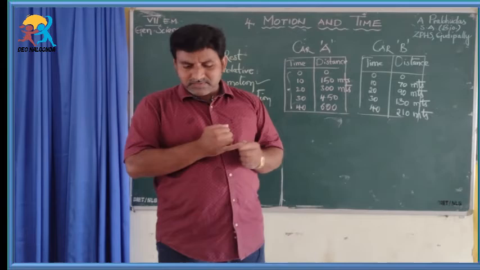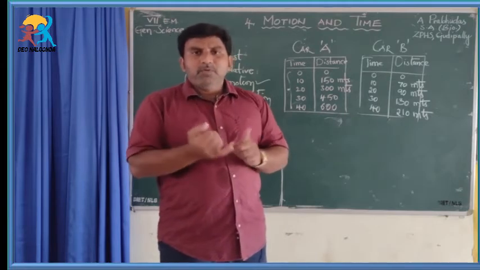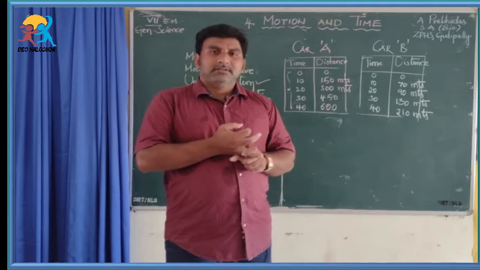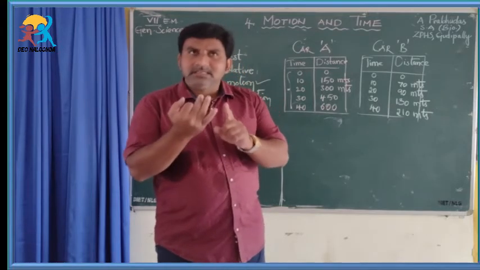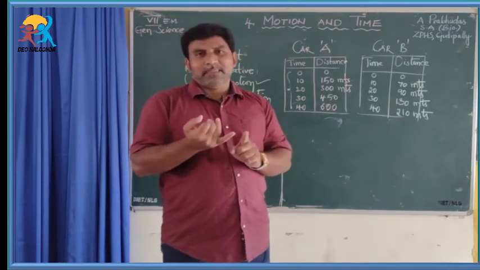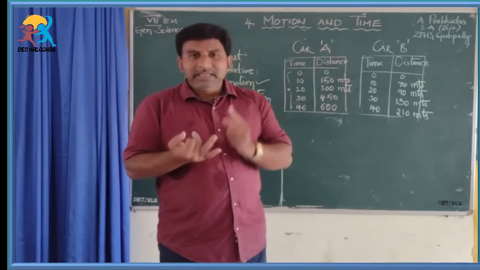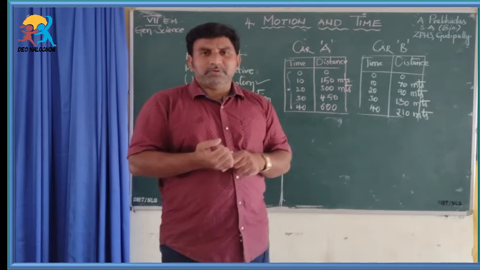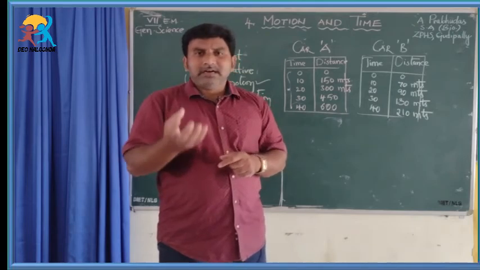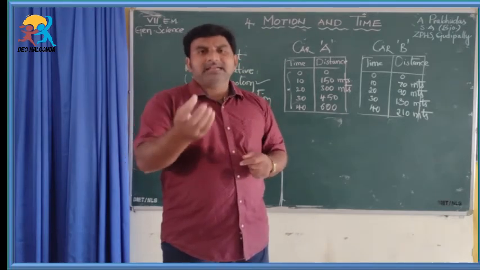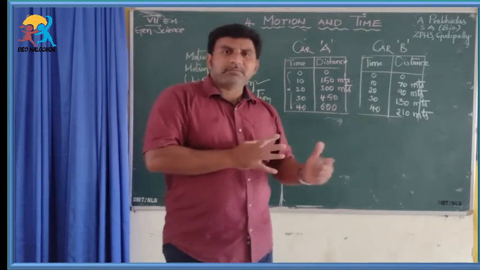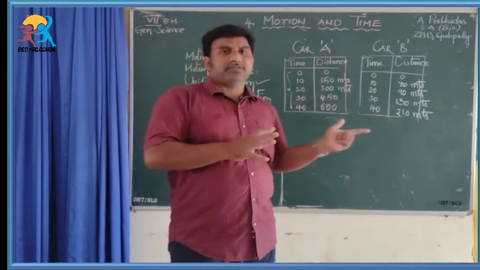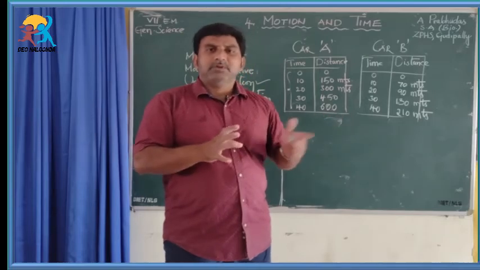So I ask you the first question, movements of hands of a clock. A wall clock has 3 hands: seconds hand, minutes hand and hours hand. So, if you take any example, the movement of hands of a clock, is it uniform or non-uniform? You have only two options, uniform or non-uniform. Come on, think over it.